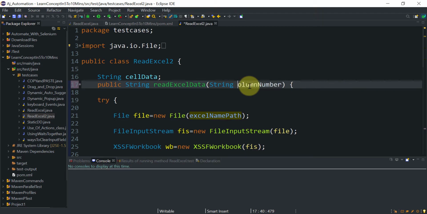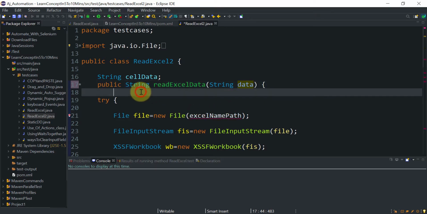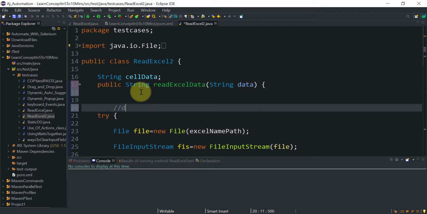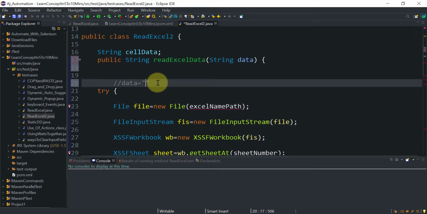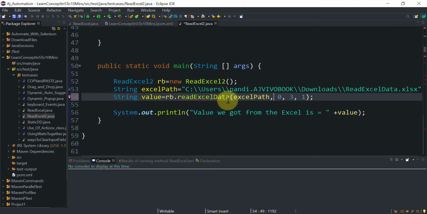I will store all this data from the calling method into a single variable, let's say data. So the value for data will be a single value as a string. So this is a complete string. So from here also I will have to pass a single string.